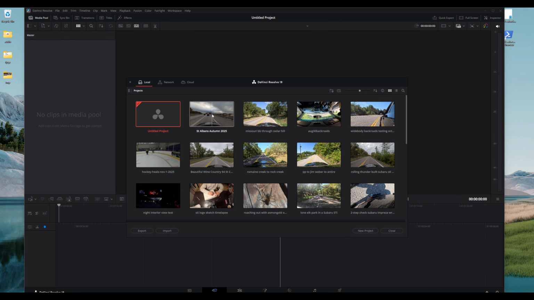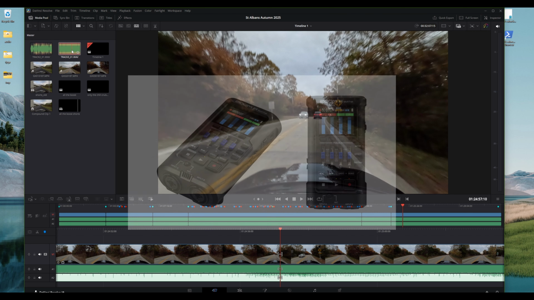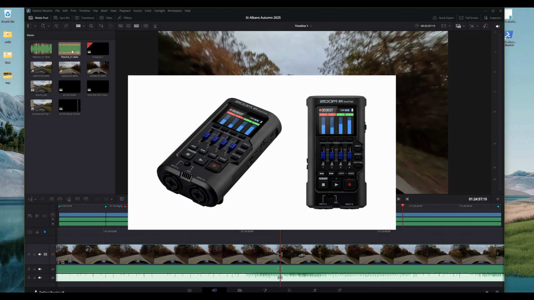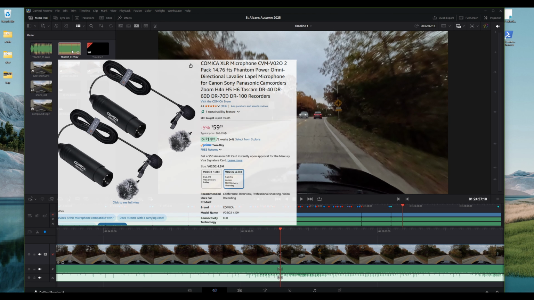The first thing you will notice is the clips in the media pool will populate, and there will be a few different types of clips. Take a look and you'll notice these are audio tracks. So this is from the Zoom R4 multi-track recorder that I use, which is connected to dual external microphones, one